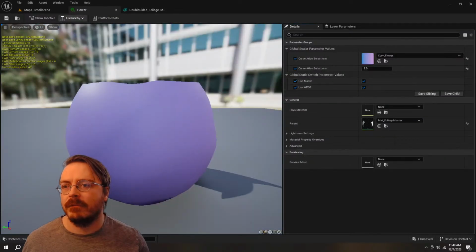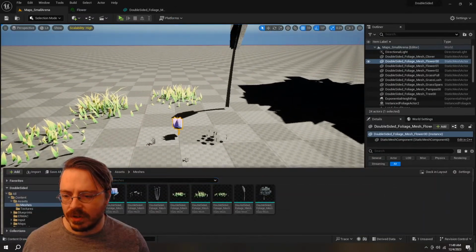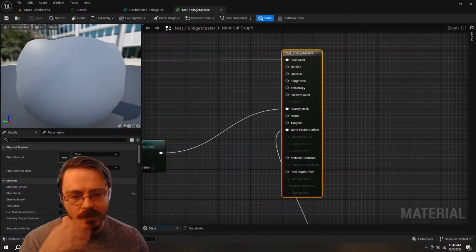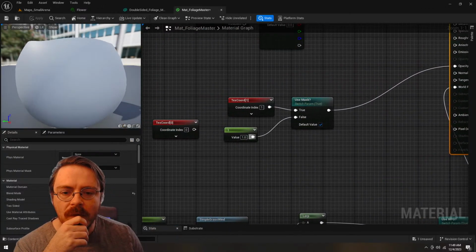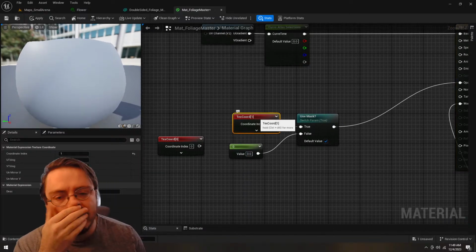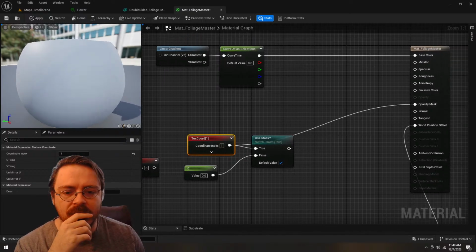All right. It is masked in some fashion, but not whatever fashion we want it to be here. Yeah, gradients and alphas. If I plug that in,